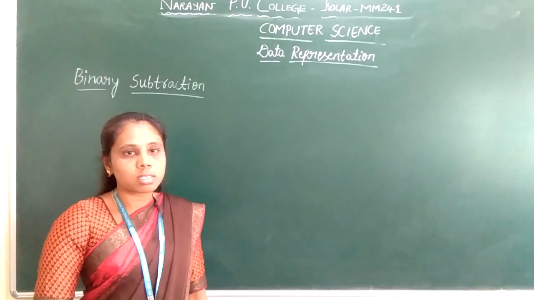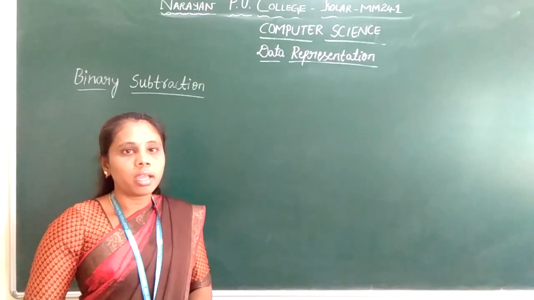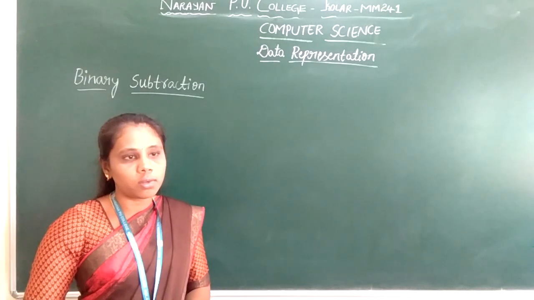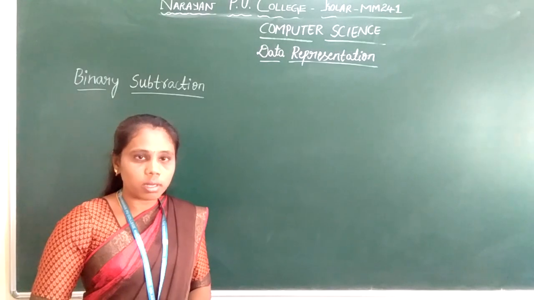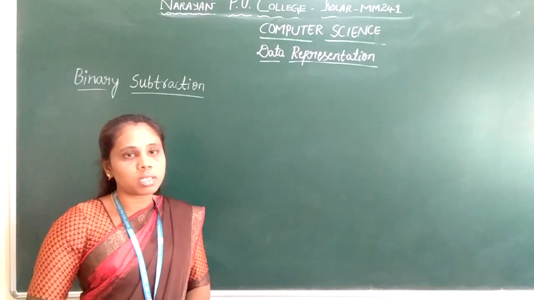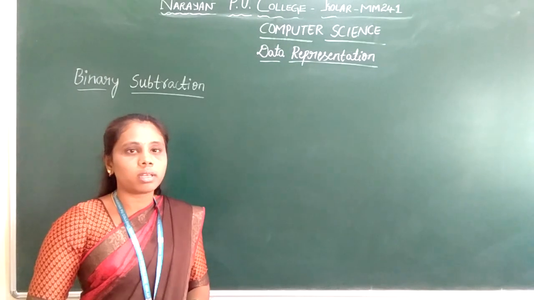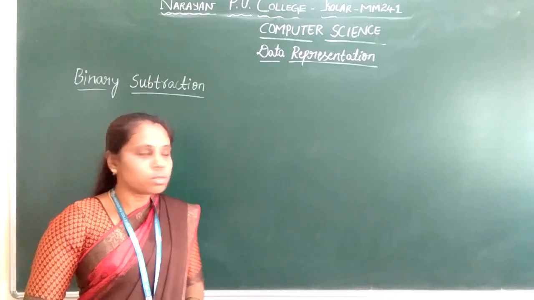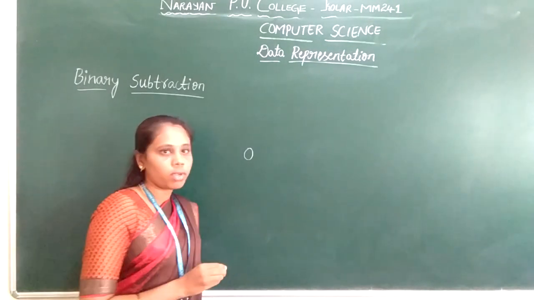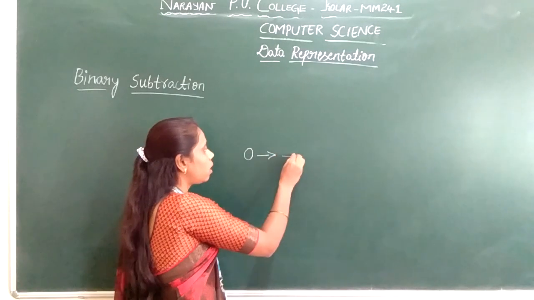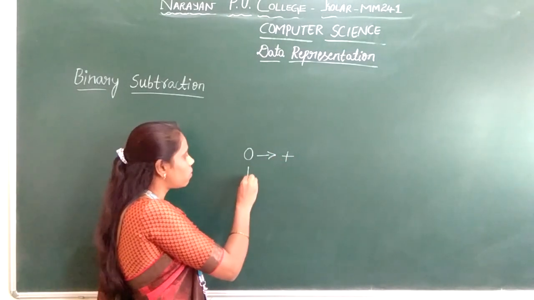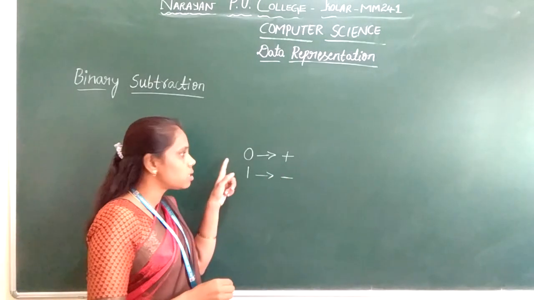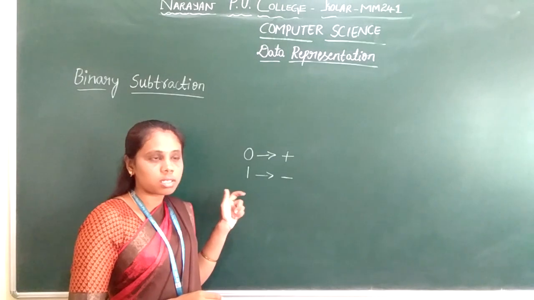In the previous session we discussed the representation of integers. We saw how we can represent a positive number and a negative number. When we want to represent a positive number in a computer, we use 0 for positive representation. That 0 is written in the MSB, the most significant bit. When we use a 0 in the most significant bit, it represents a positive integer, and when we write 1 in place of the MSB, it represents the negative sign. So this is the representation of integers in digital computers.